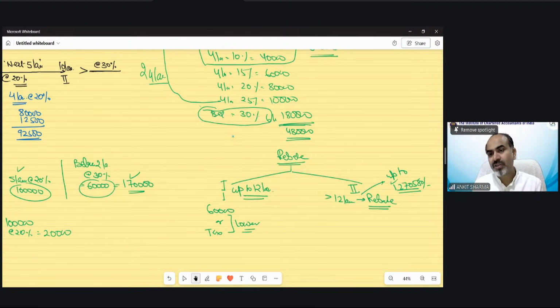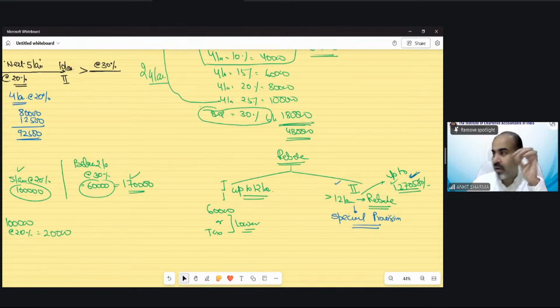So in the examination, you will understand, do I need to calculate the rebate or not? If in case of the default tax regime your income exceeds this value, 12 lakh 70,580, then you do not need to calculate the rebate. Rebate would not be applicable. But if the income is exceeding 12 lakh, you have to calculate rebate as per special provision. What are those special provisions that we are going to discuss?